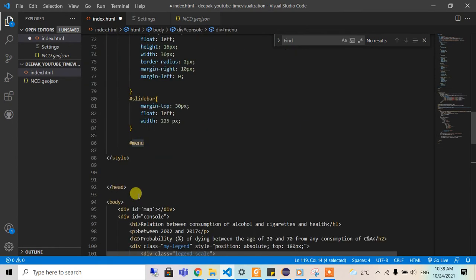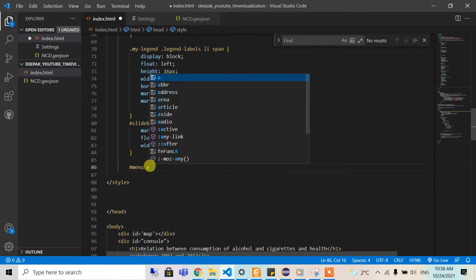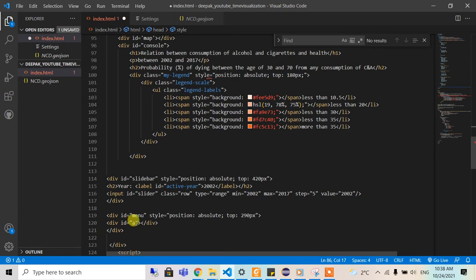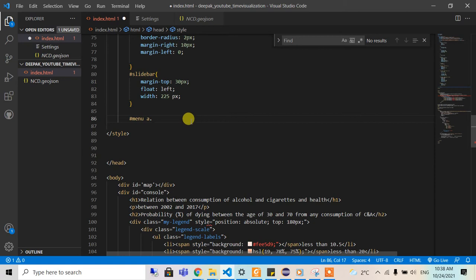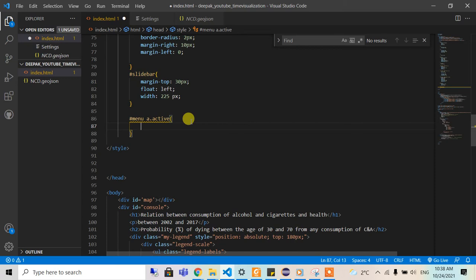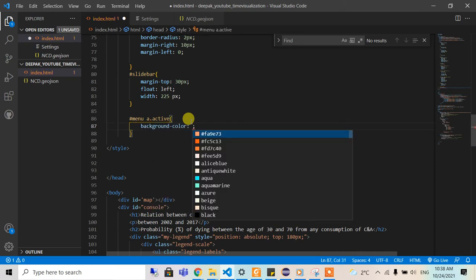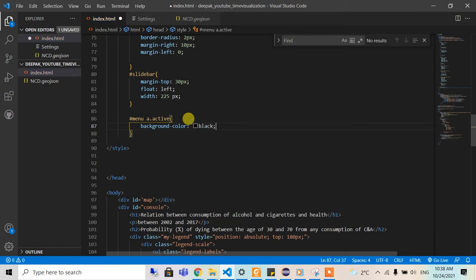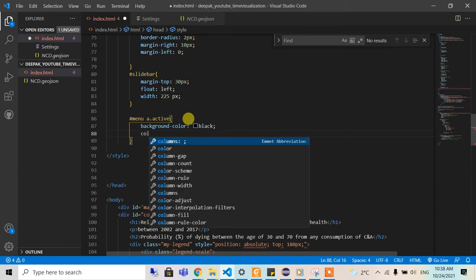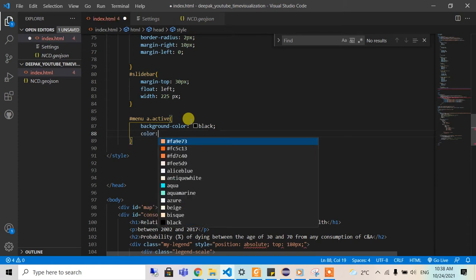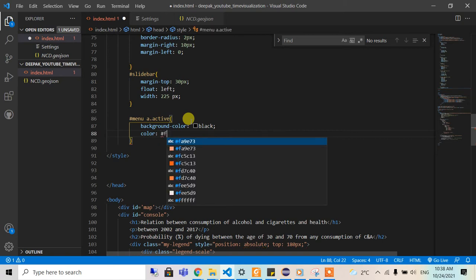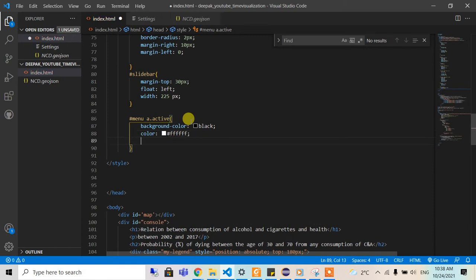Inside this menu, we are using inside this a the element of menu a, and we are declaring the active thing: background color will be maybe black, and color will be white,